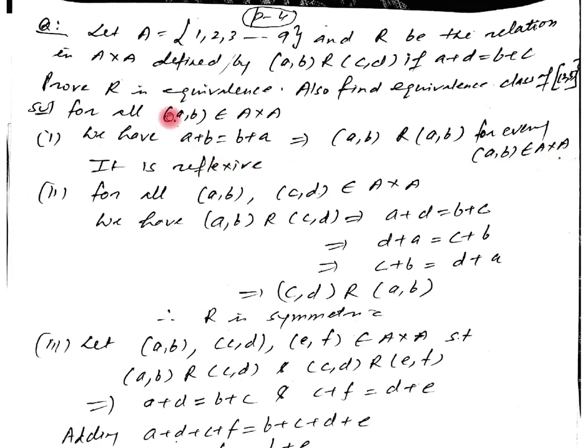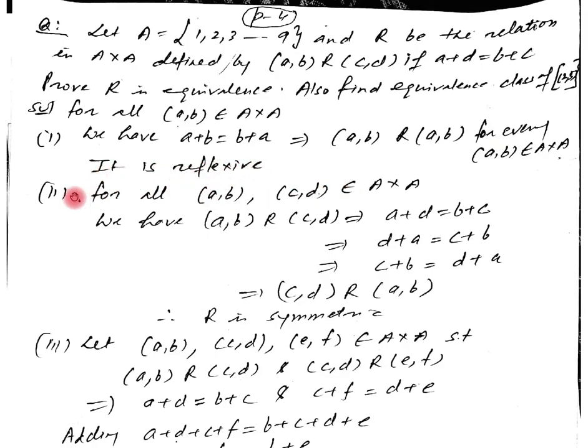See it again. Now the relation is defined on A cross A. It means every element we have to take in the form of an ordered pair. Now we have considered only one element from A cross A. Let it be (a, b). Since a plus b can be written as b plus a, this implies (a, b) is related to (a, b). It means we have considered only an arbitrary element from A cross A, and we have proved that (a, b) is related to (a, b). Therefore, it is